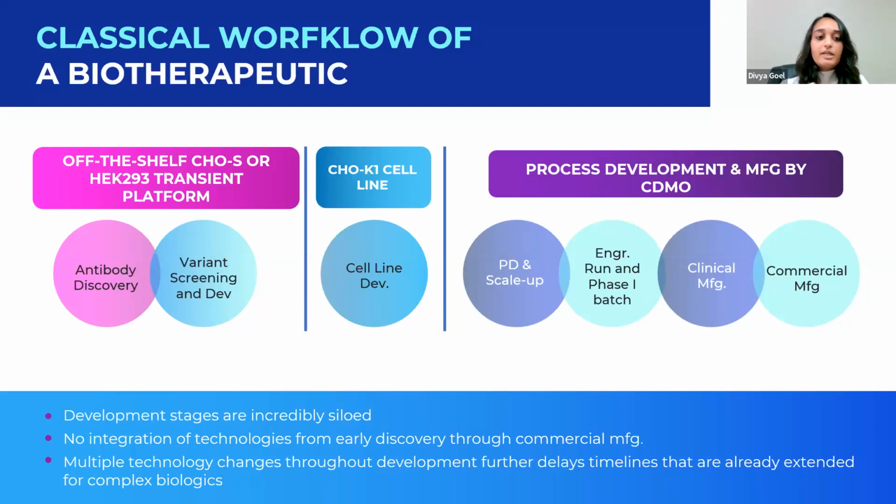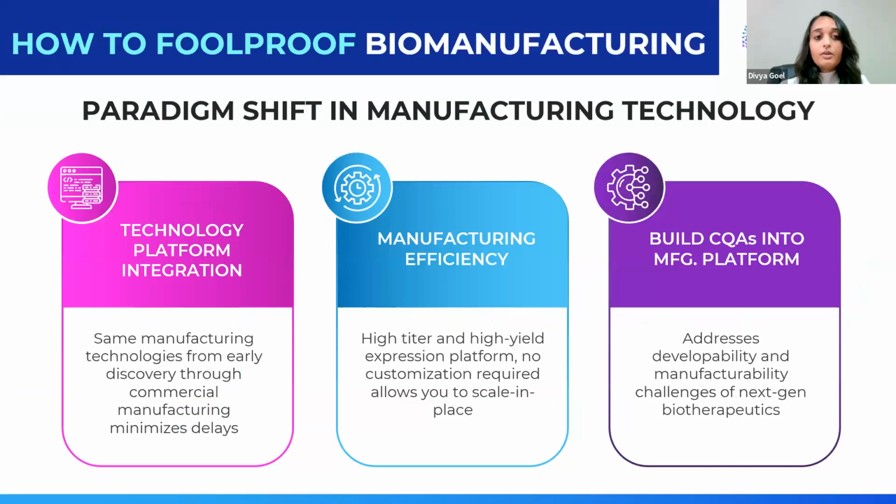So what we're seeing here is that the development and early screening is based on certain assumptions and the critical quality attributes of the cell lines that are available at the early stages of development. And so this disjointed nature and handoff between the various stages in the development process can lead to high risk, especially when we're developing these complex biologics, which require critical quality attributes to be built in from the beginning of the program. So how do we see the best way forward to foolproof your biomanufacturing? It is basically addressing these three topics: